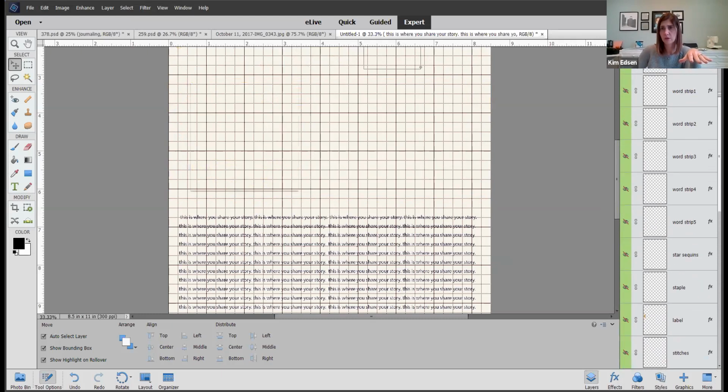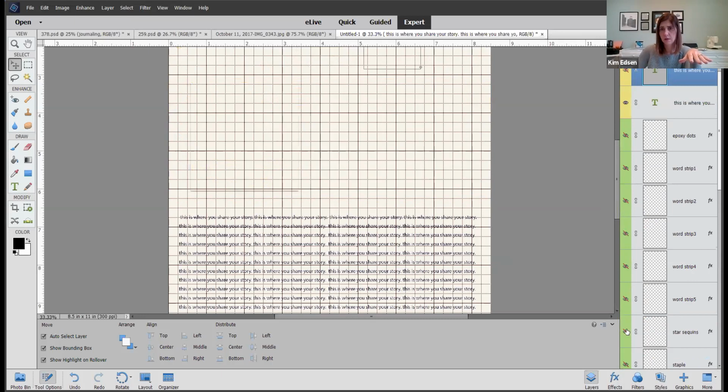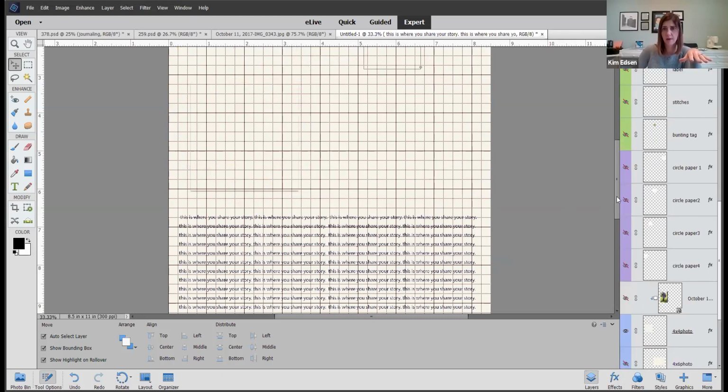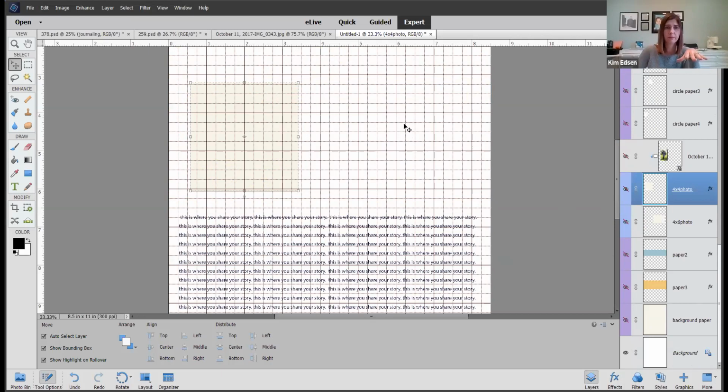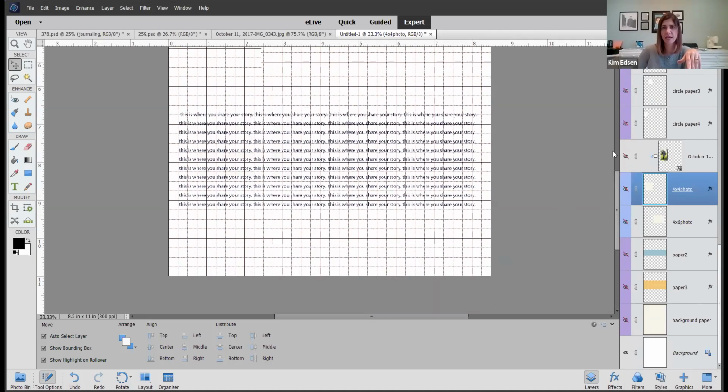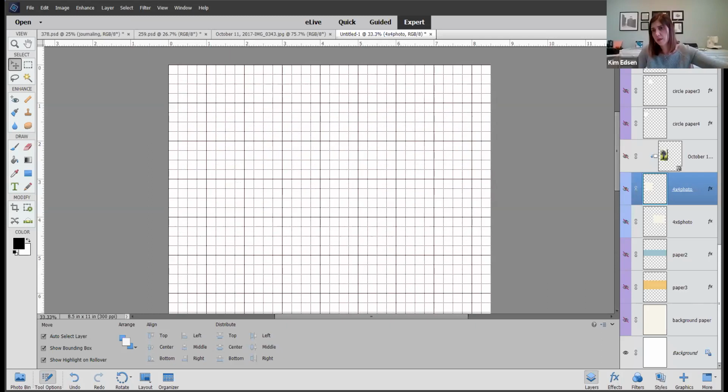Okay, so you can double check. I'll shut off the background paper. Oh, I still have that little box. I'll shut him off, and then print it out. Actually, I guess in this case, I shut off the quote one at the top, but